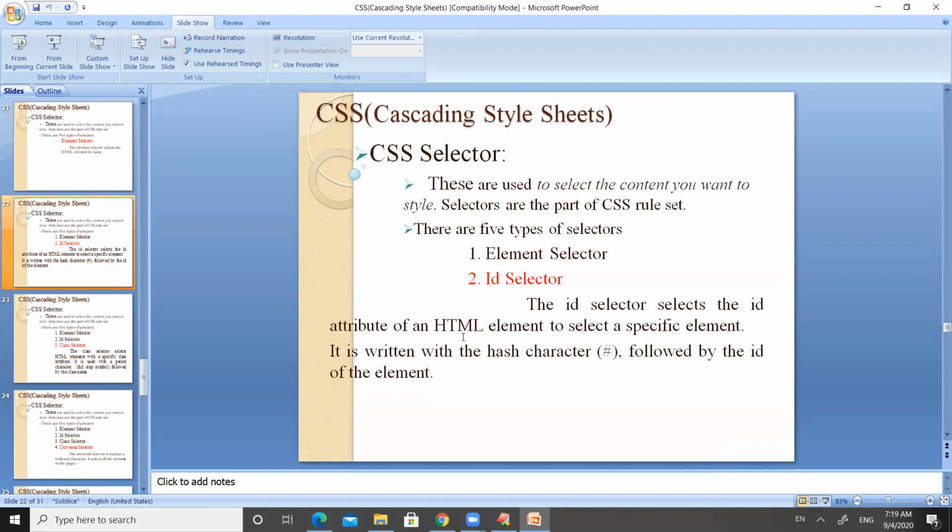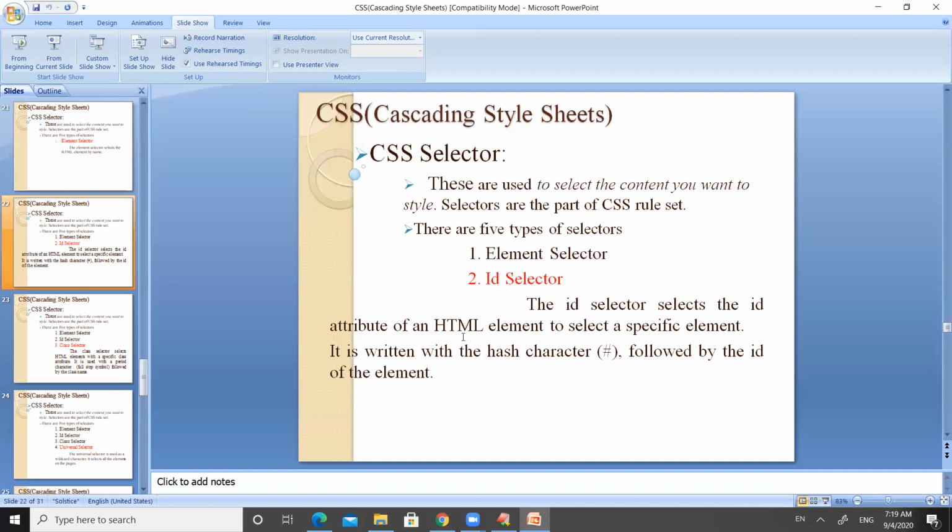Don't get confused with the ID selector. Here we are going to write some styles, and we are going to use some ID for all those styles. That ID should have a hash character, right? Whenever we make use of that particular ID, all the styles under that ID will get applied to the elements. So don't get confused.